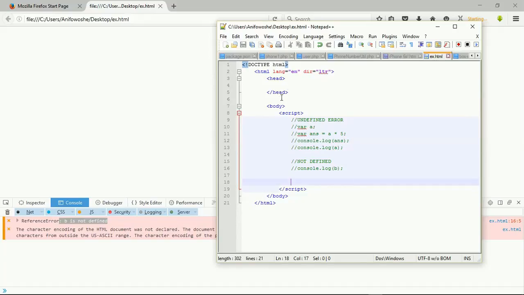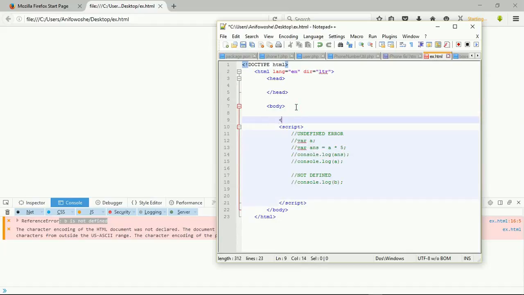Let's say I create a button in the body section of my HTML page. Say I give it a click button, and probably I give it an ID of